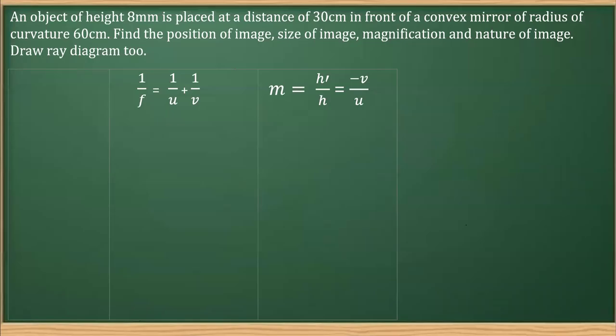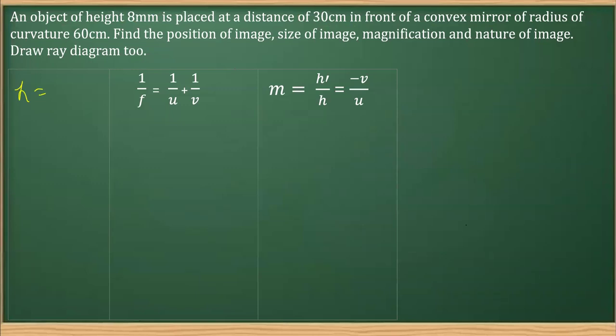This is one numerical problem based on the chapter Light for class 10th. The question says there is an object. The object, which is 8 millimeter in size or height, is placed at a distance of 10 centimeter in front of a convex mirror. So if I write down the information here, we have the height of an object, which is denoted by h,